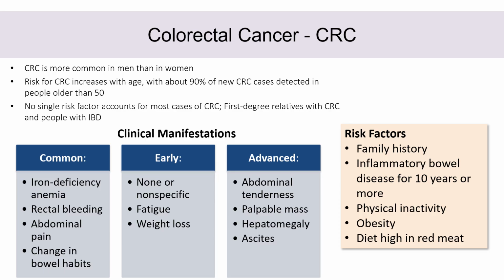Next is colorectal cancer, CRC for short. So this type of cancer is more common in men than women, and the risk for CRC increases with age. So about 90% of the new cases of colorectal cancer are detected in people over the age of 50. So clinical manifestations. Most common is going to be iron deficiency anemia, rectal bleeding, abdominal pain, and change in bowel